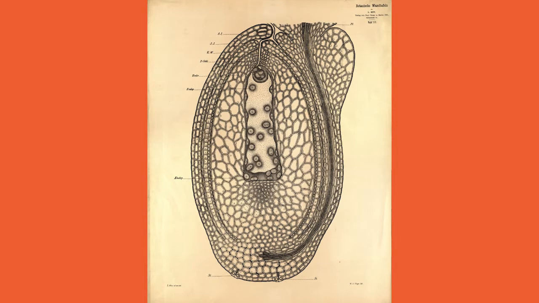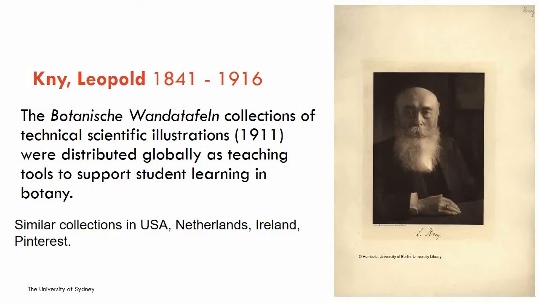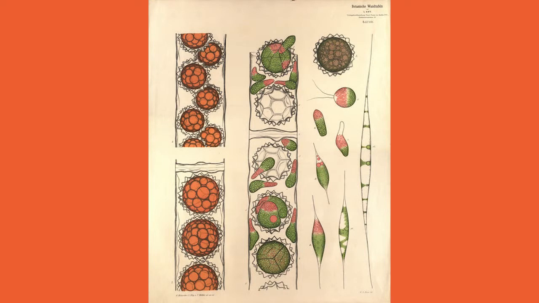I was a wee baby in 1960. And when I say globally, I mean globally. We have our collection in Australia. There were collections in the USA, in the Netherlands, and in Ireland. And so in all of those places, people are starting to do what we've done, is digitise those collections to preserve them. The most comprehensive collection of Nye's wall charts is in the Netherlands, and so you can see those and download them pretty readily.